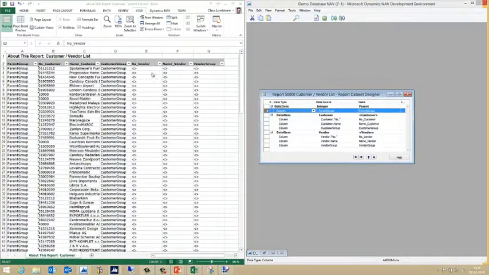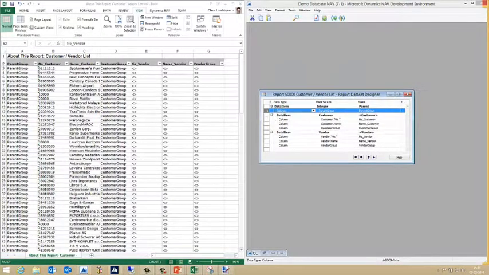So notice that my vendor columns don't have any data. Well, they do have data, but not in the beginning, because if we look at the dataset in NAV, we see that the first data item is the integer, which is the highest indentation level, then the data item customer is indented, and then the data item vendor is on the same level as the customer.